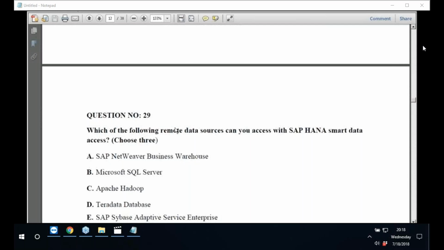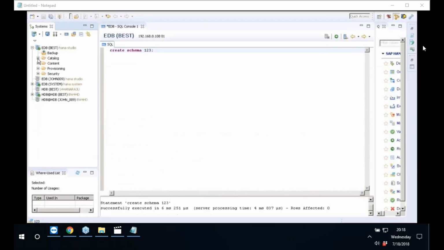Smart Data Access can access data on demand. So when you're accessing data from Smart Data Access, from which remote sources can you access data? These are the different options that are available, but please see, we go to the Smart Data Access, provisioning,